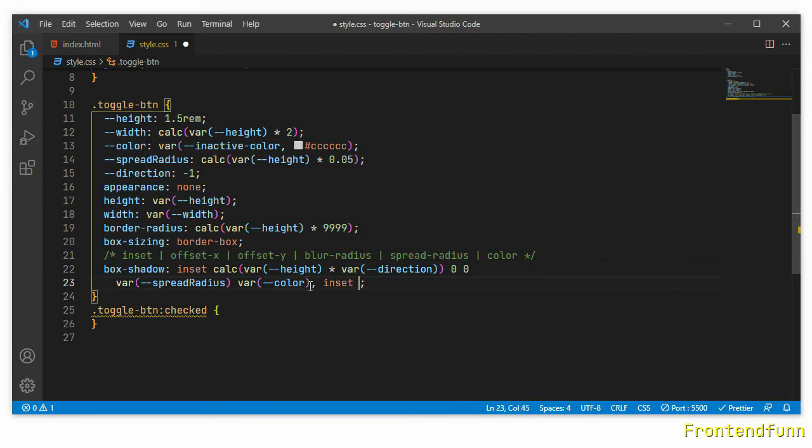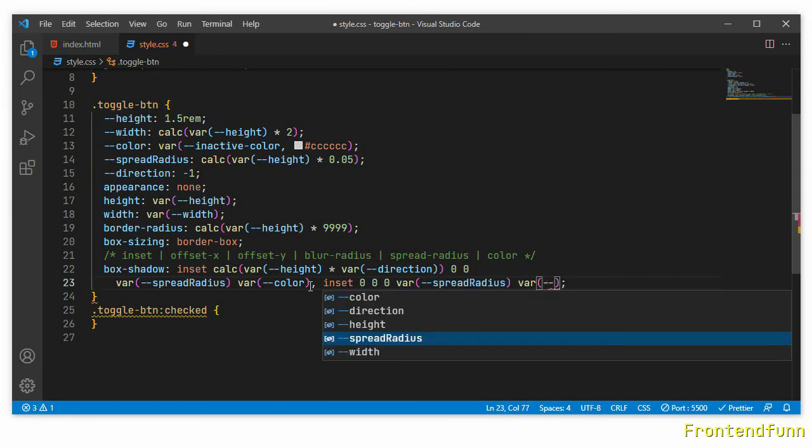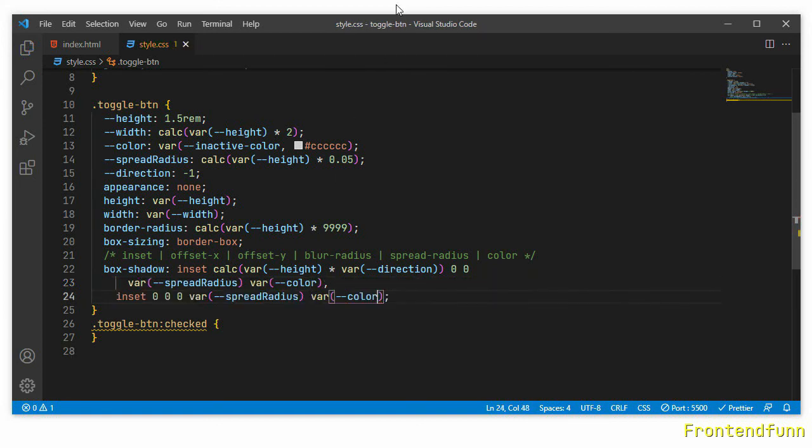Inset, x value is 0, y value is 0, and blur is 0, and we can use the same spread radius and the same color. Okay, so we got this left side look also.